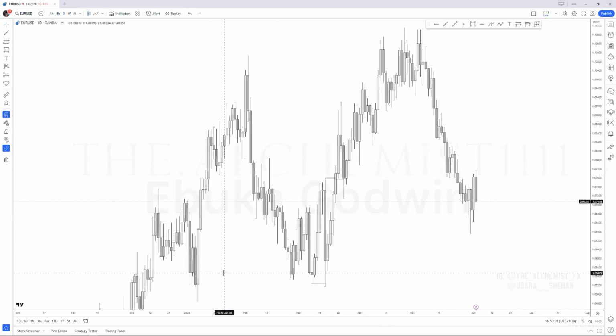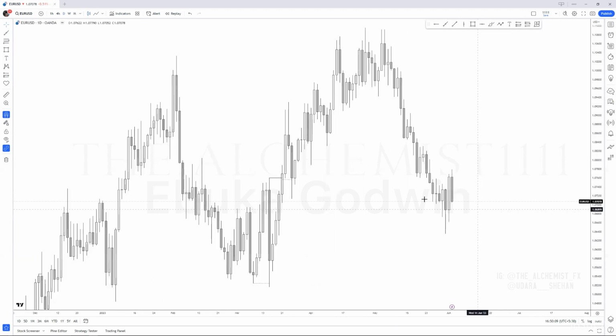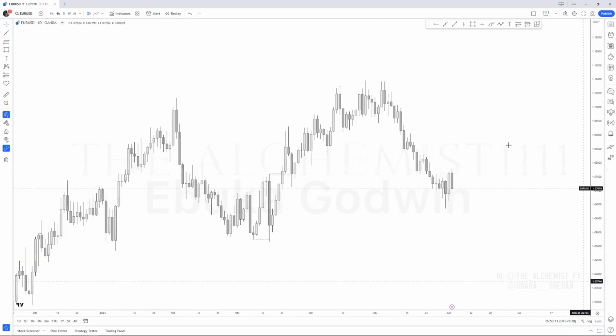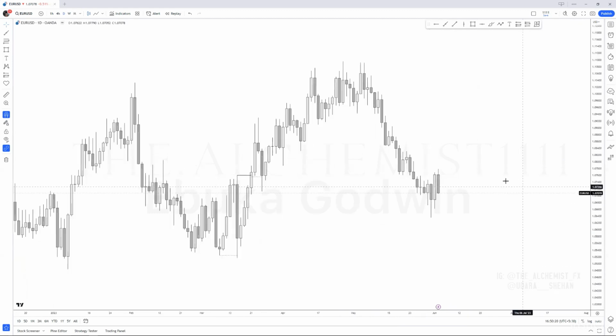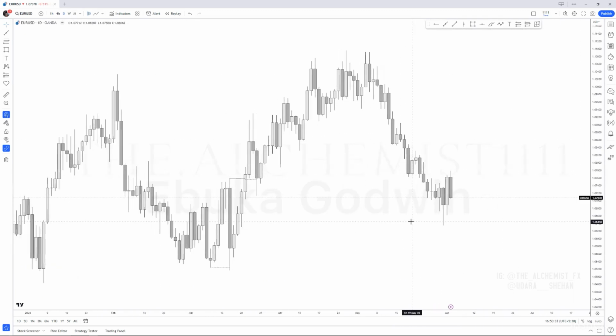Now, when I show it to you, it looks very easy, right? It looks very, very easy. But I'm showing stuff in hindsight, and showing stuff in hindsight is very easy. Anyone can do that. But once we start with the advanced session, at the start of the week I'll show you what I'm expecting for the week. At the start of a month, I'll show you what I'm expecting for the month. And at the start of a day, I'll show you what I'm expecting for the day and all that stuff. So you will get that.